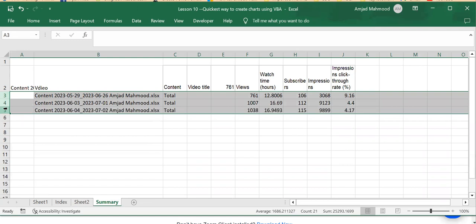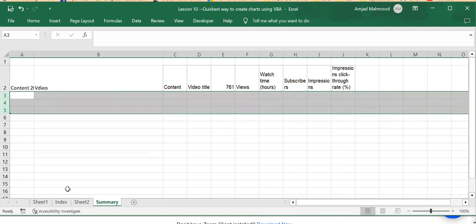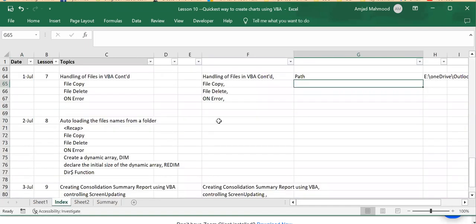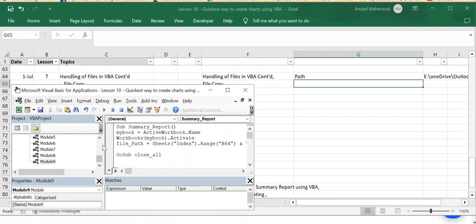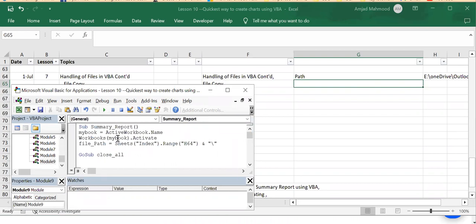Okay, so let's run by Alt F11. We go to the macros and we run the summary report, right? This is our summary report, right? And let me make it a bit more readable for you. Yeah, the summary report will do